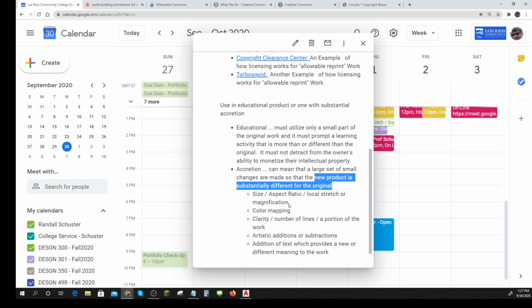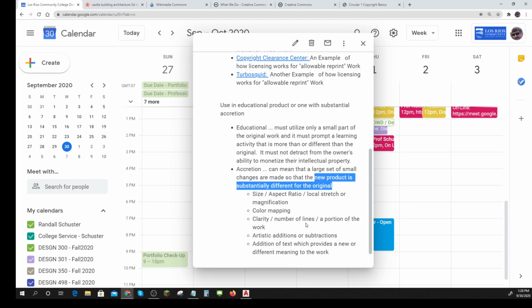Now, what does that mean? I'm a mechanical engineer, so I don't really know. But if it's artistically different, that's usually a different style or something is emphasized different. Okay? And that would be like size, aspect ratio, local stretch or magnification, color mapping, clarity, number of lines.